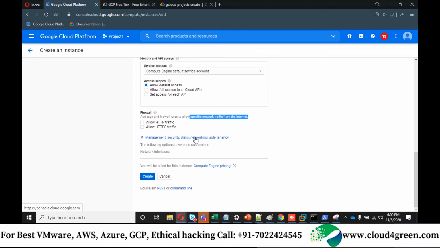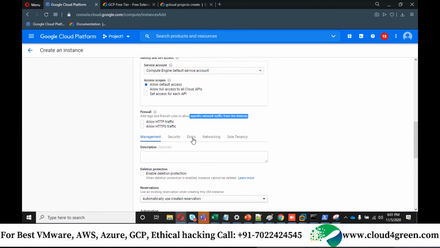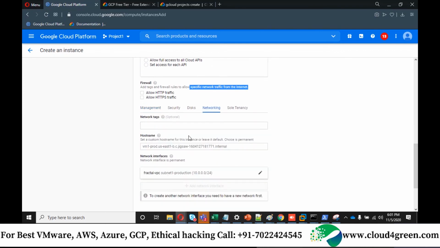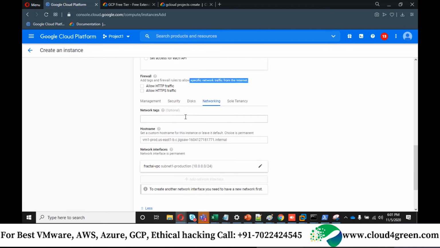And the next one is called security, disks and networking. You can click on this, scroll a little up, click on networking. You don't need to verify that it is selected to VPC because you have only one VPC and one subnet, so you need not worry. If you want to provide any name to your machine, you can provide.